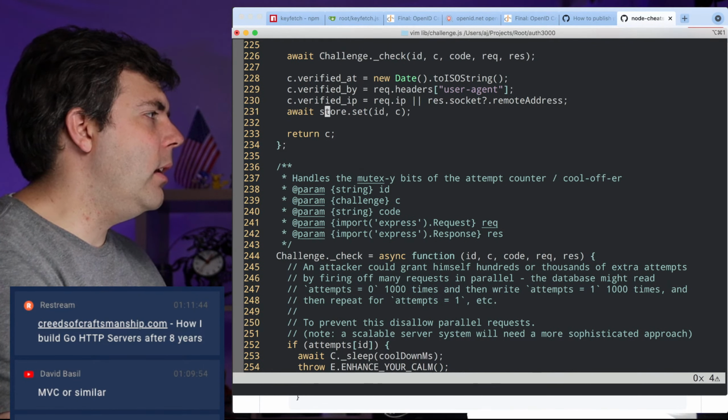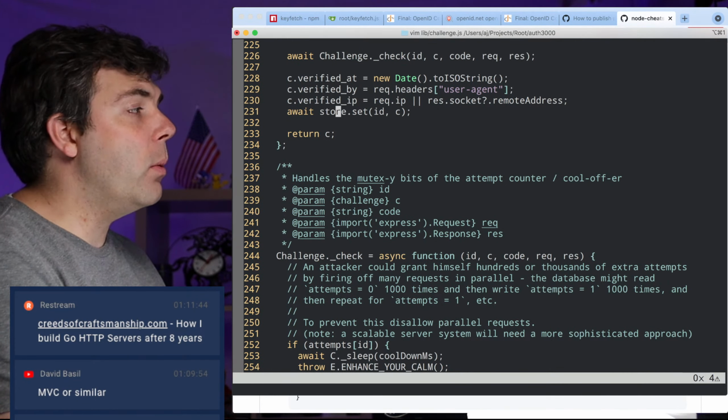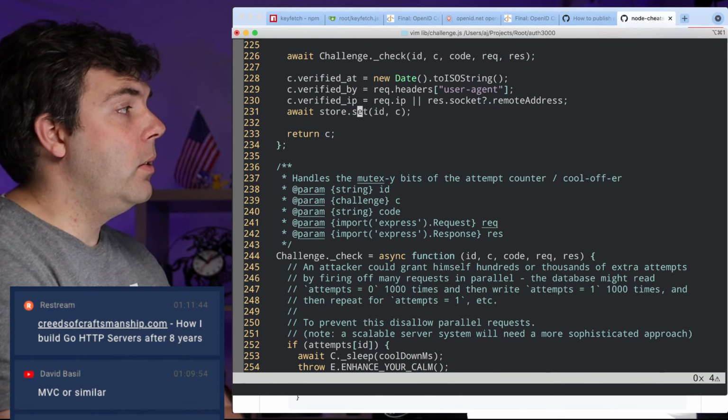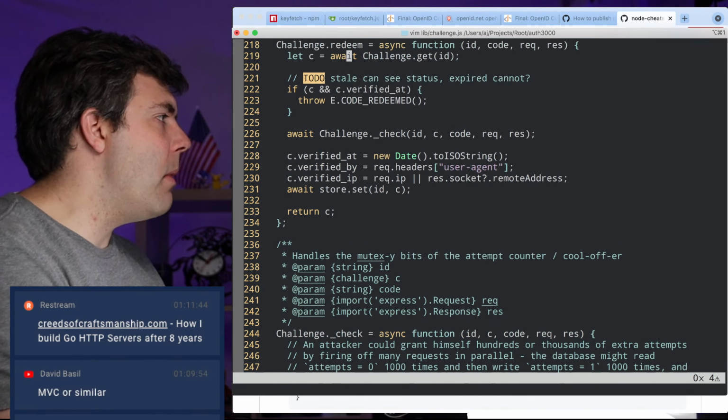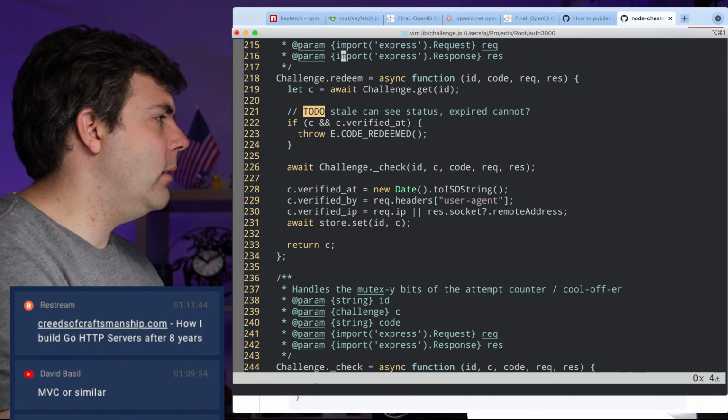And right now, this is mostly all controller logic. And then the model logic is abstracted away as essentially store.set, store.get. So the model logic isn't being handled here. It's up to something somewhere else.